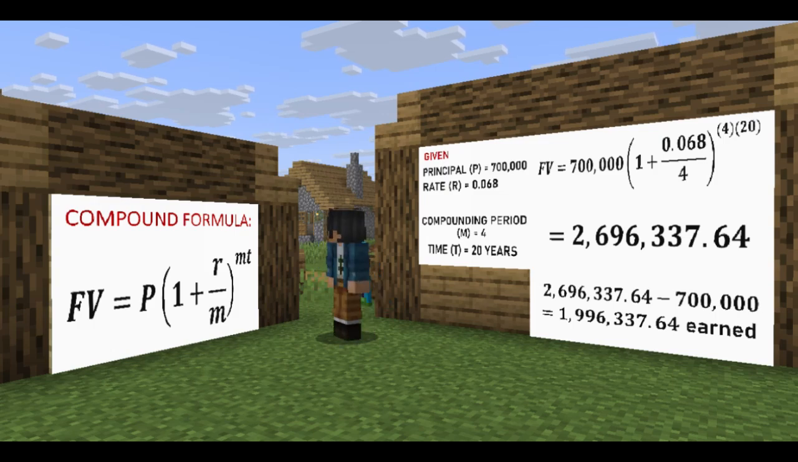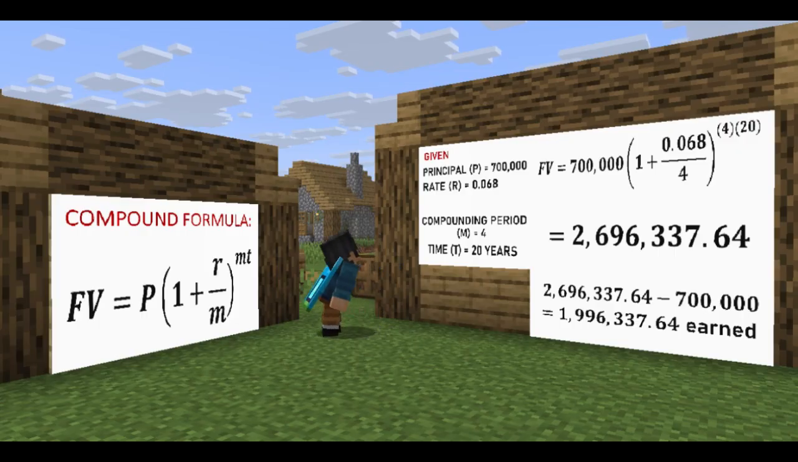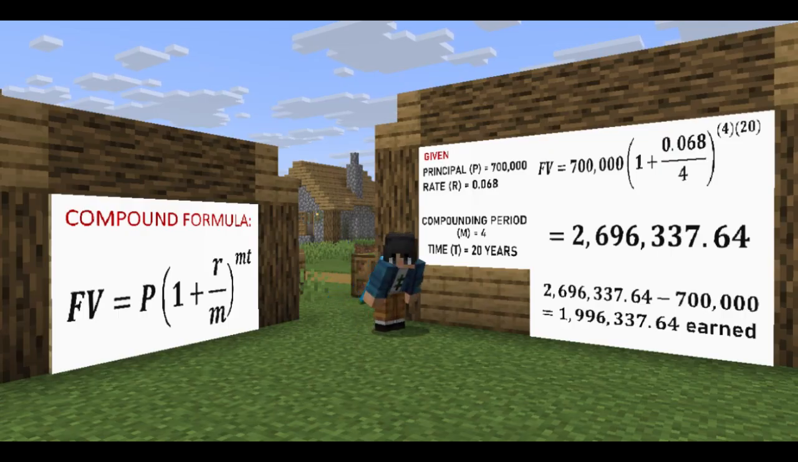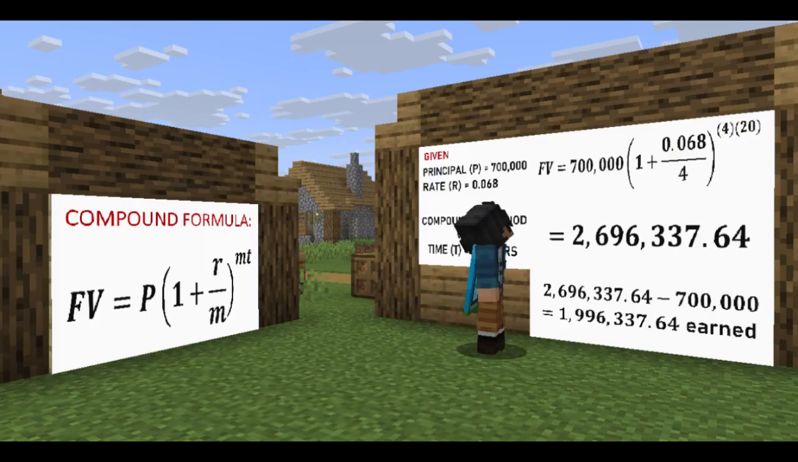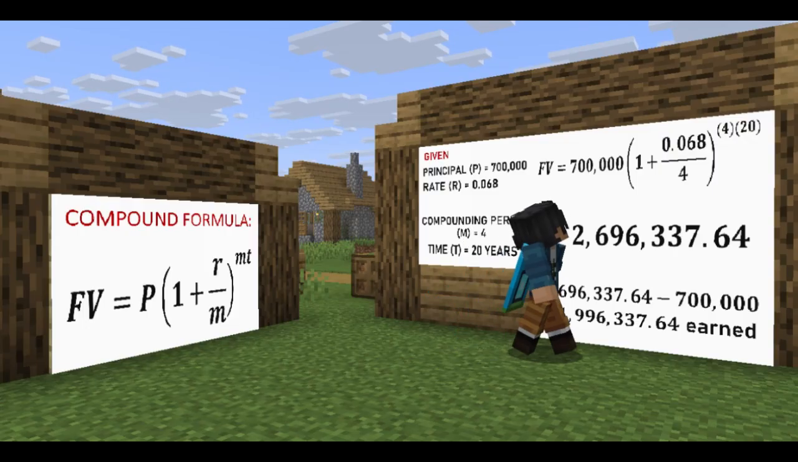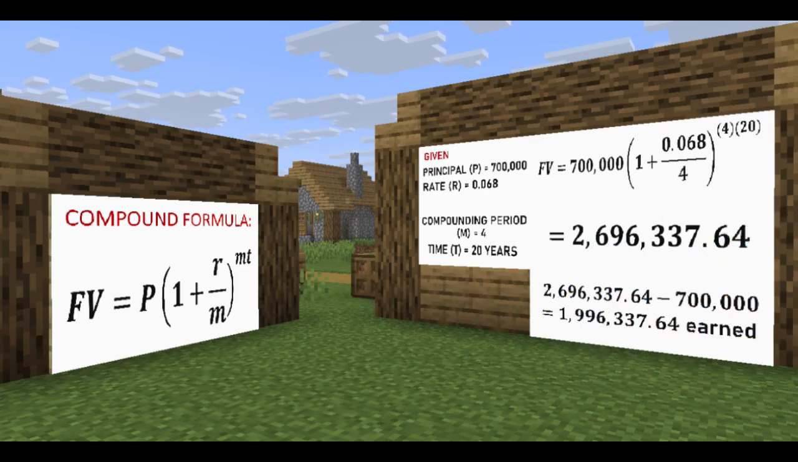We'll use the same formula again. First, we substitute the given values. Principal equals 700,000 pesos. Rate equals 0.068. Compounding period equals 4. Time equals 20 years. So that becomes FV equals 700,000 times 1 plus 0.068 over 4 raised to the power of 4 times 20. When we calculate that together, that gives